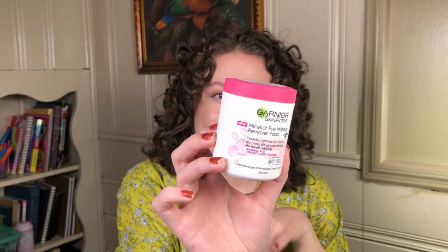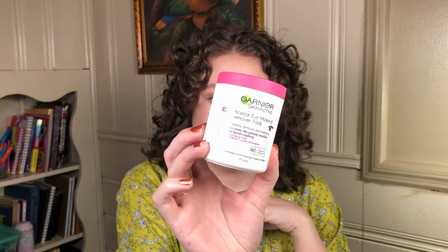Okay, next, this is going into two skincare items. Yes, two skincare items I have. This is actually not really skincare. This is actually like skincare sabotage. And this is the Garnier Micellar Eye Makeup Remover Pads. No, don't do it. I begrudgingly brought this into my life. I forget exactly what the circumstances were, but